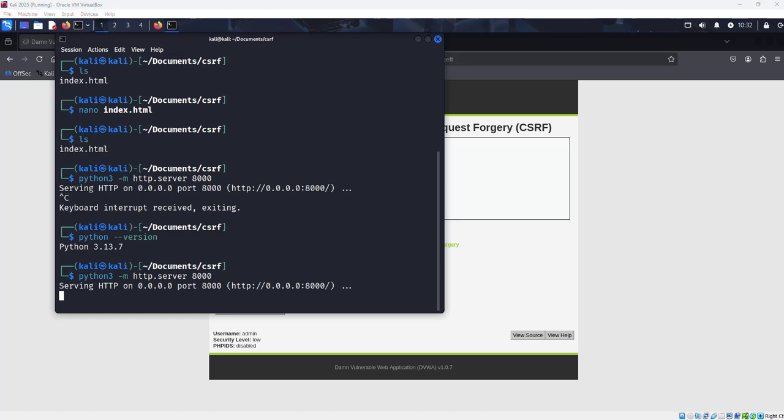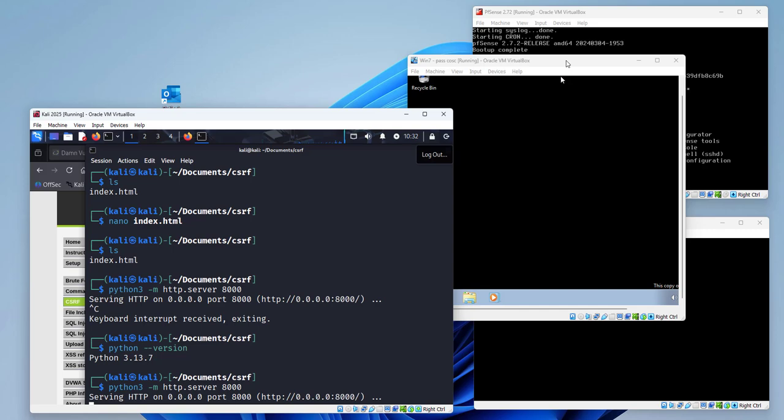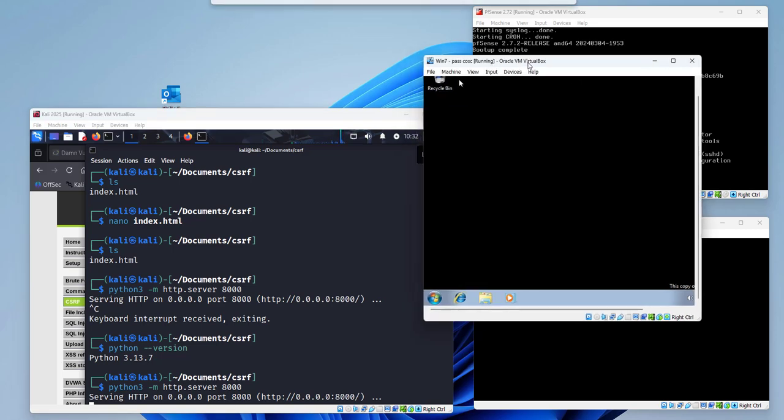Okay, after that, we need to go to the victim machine, right? So let me see if I can minimize this. Now, this is the victim machine, which is Windows OS. You can use any other operating system, which is fine. So I'm gonna click this,